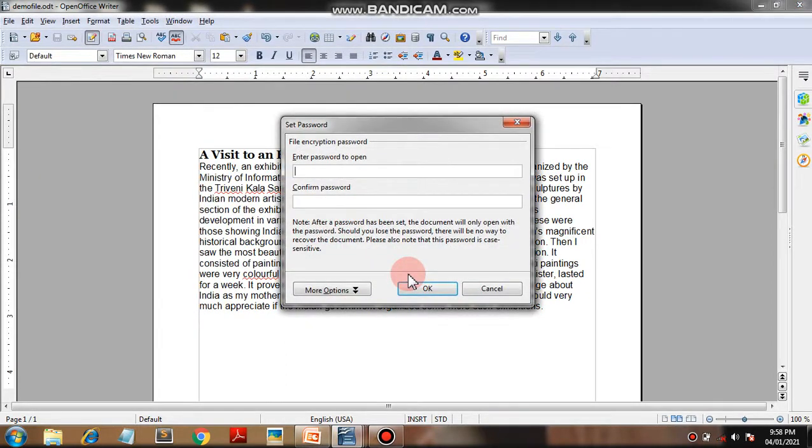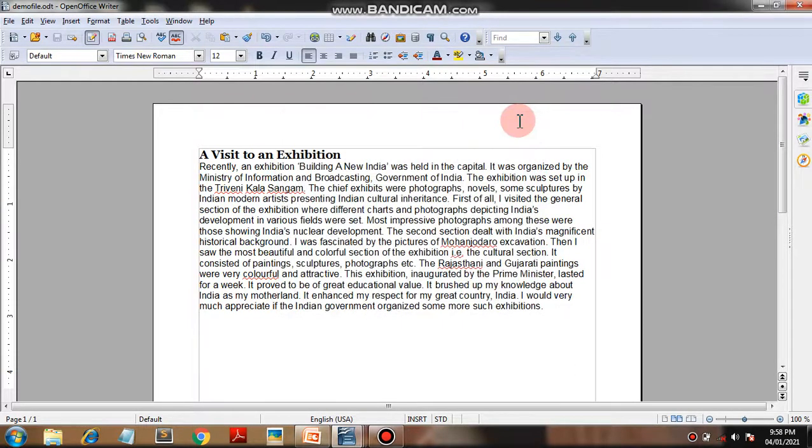Okay. Now, when you want to protect your file with some password, then that type of window appears here. For that, go to the File menu and then Save As option and Save with password. Then enter a password to open, confirm password, and then OK. Now type a password with a minimum of 6 characters, type the same in confirm password, and then click on OK. Then your file is saved with the password and protects your file.